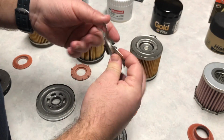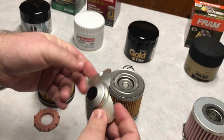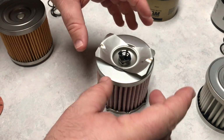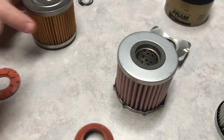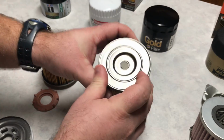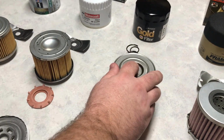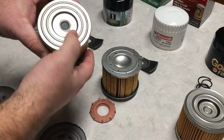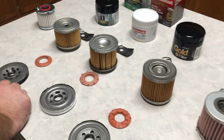With the Fram, you have this design. It's a nylon based. It feels like plastic, but this sits on top here, and if the pressure's too great, the bypass operates like this. The Wix and the Mobil 1 have the same type. You've got this spring in the center, and it opens. It's under pressure. The Wix is more of like a cardboard or a felt type plunger in there, where the Mobil 1 has a rubber, which looks like it seals pretty good. I mean, they both are tight. There's no gaps. I believe they both will seal well. And in these applications,